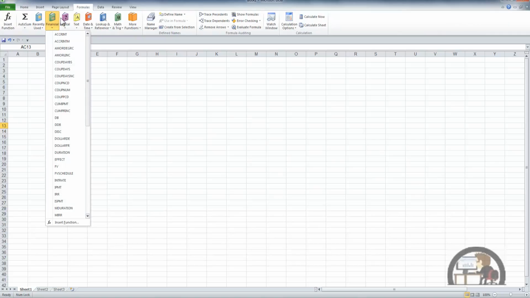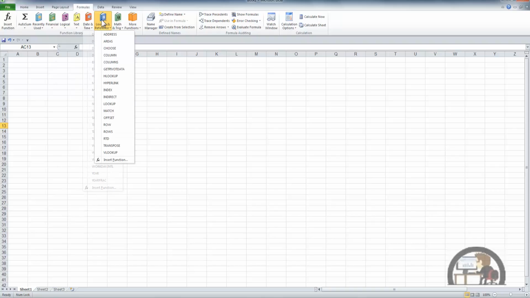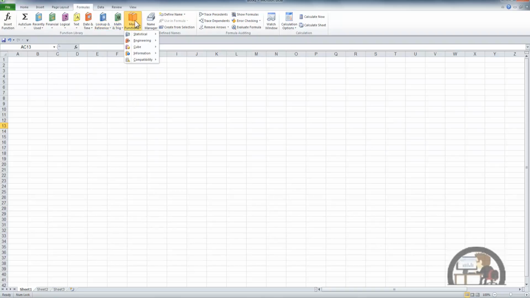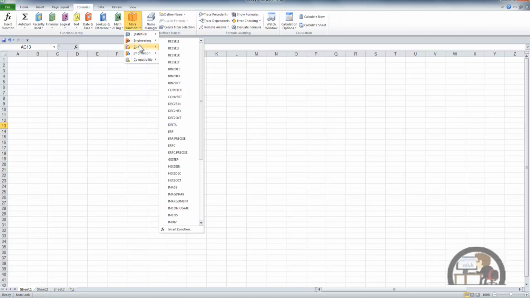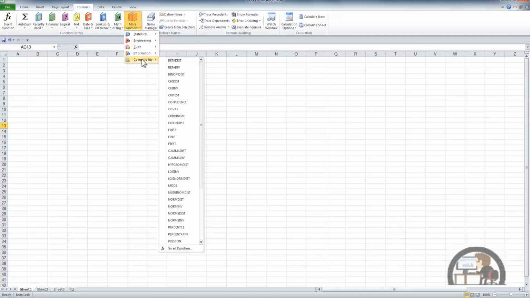There are financial functions, logical, text, date and time, lookup and reference functions, math and trigonometry, more functions like statistical functions, engineering, cube, information, and compatibility functions. This is one way to access functions. Another way to access functions